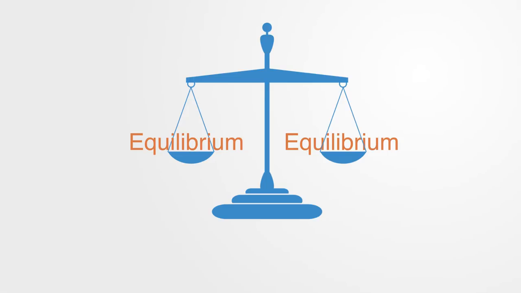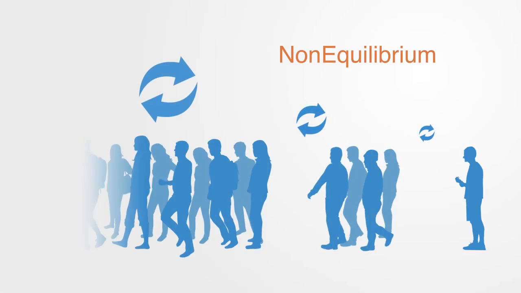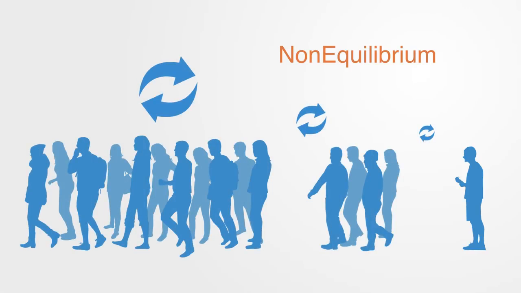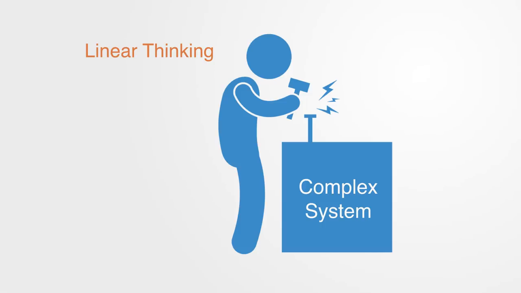Although linear systems theory often works as an approximation, the fact is that many of the phenomena we are interested in describing are nonlinear. Processes of change, such as regime shifts within ecosystems and society, happen far from equilibrium. They are governed by the dynamics of feedback loops and not linear equations. Trying to model complex systems by using traditional linear systems theory is like trying to put a screw into a piece of wood with a hammer. We are simply using the wrong tool because it is the only one we have.